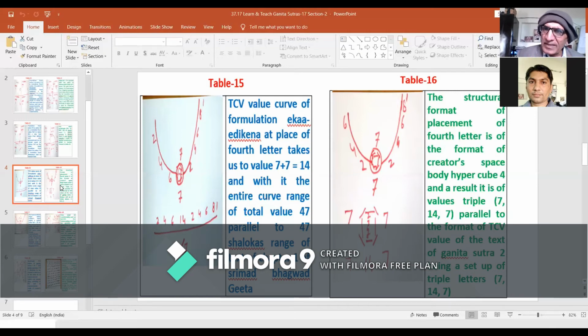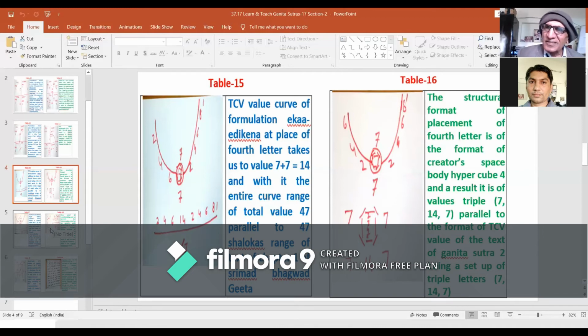Value 14 is the summation value of the hypercube of 4, and it would be blissful to take note that this reach as 7, 14 and 7 at the placement seat of the fourth letter is parallel with the